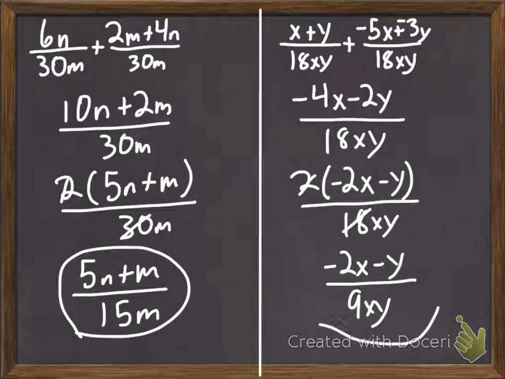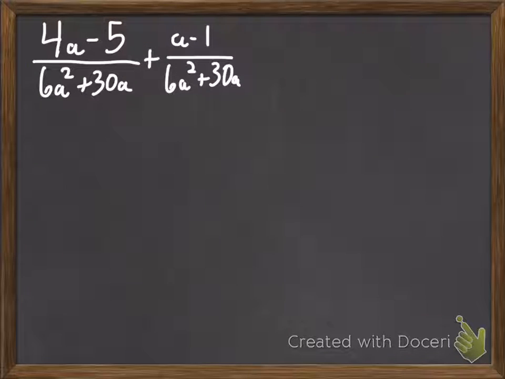Okay, so there's our answer. And one more. Again, common denominator. And after you do this one, you'll get to try some on your own. So common denominator, we can simplify. Add the a's. So 5a minus 6 over